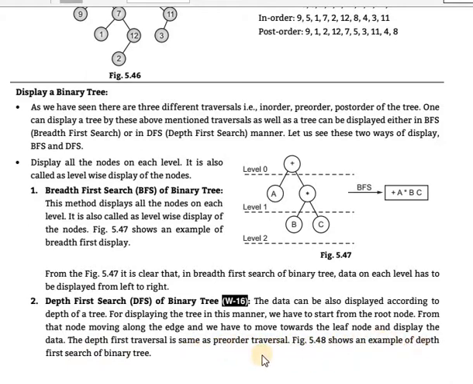The figure shows an example of depth first search of a binary tree. Depth means go into the depth of the tree, and the elements will be displayed there. Firstly display the root, after that move to the leaf node. A leaf node means it has no left and right nodes. So move towards the leaf node and display the data one by one.